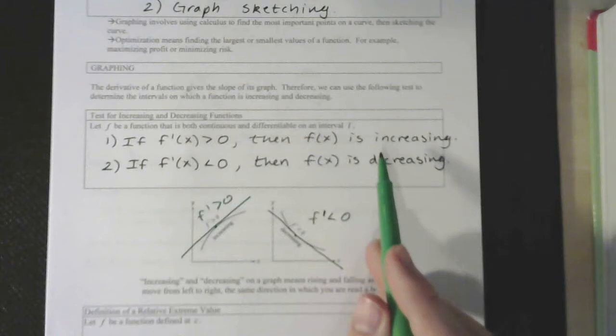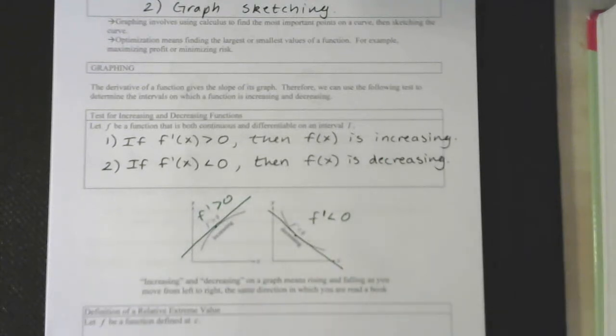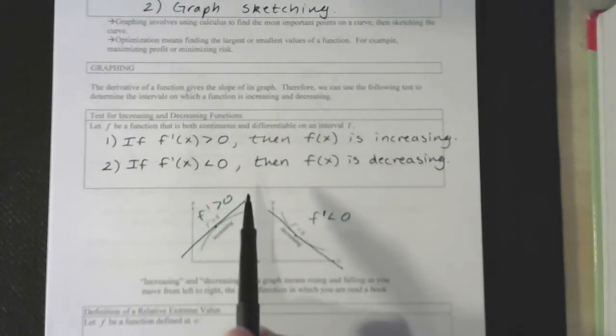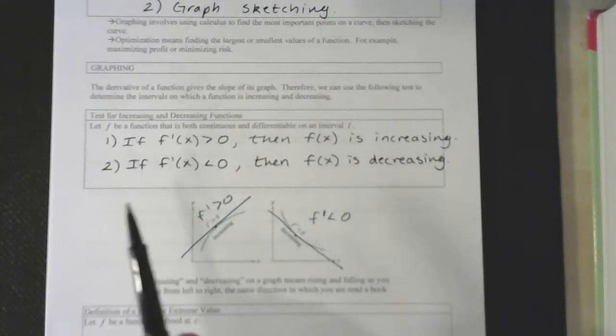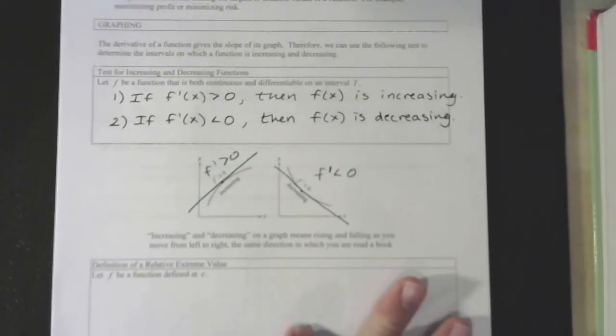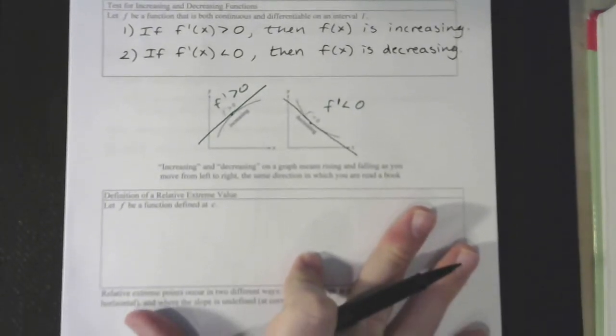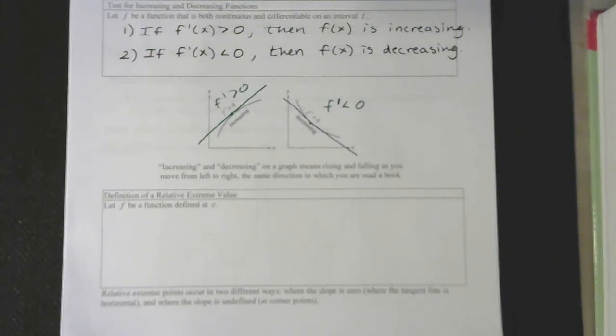So these are really easy things to do. We've been taking derivatives a lot lately. And now we can think of increasing and decreasing as rising or falling as we move left to right. And that all comes from our derivative. So it allows us to use that derivative instead of guessing the old pre-calculus way. So